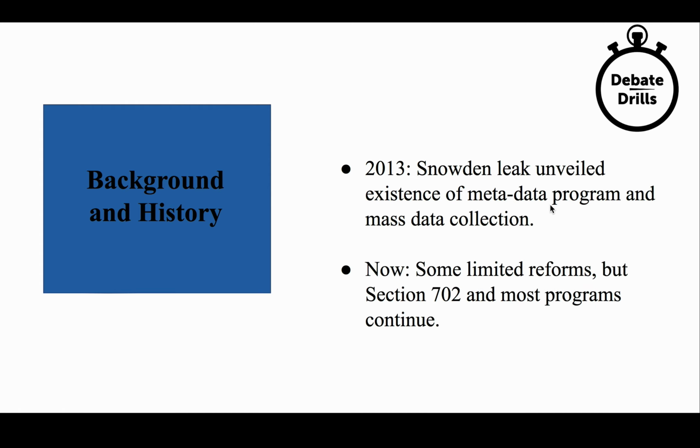There have been some limited reforms in the wake of Edward Snowden's revelations, particularly due to political backlash, but ultimately, most of the status quo is what it looked like before Snowden's revelations. Some small reforms have happened at the margins, but for the most part, Section 702 and programs continue with information that's being collected about us, and ultimately, we just don't know what we don't know. There is always the potential for broader programs to persist.